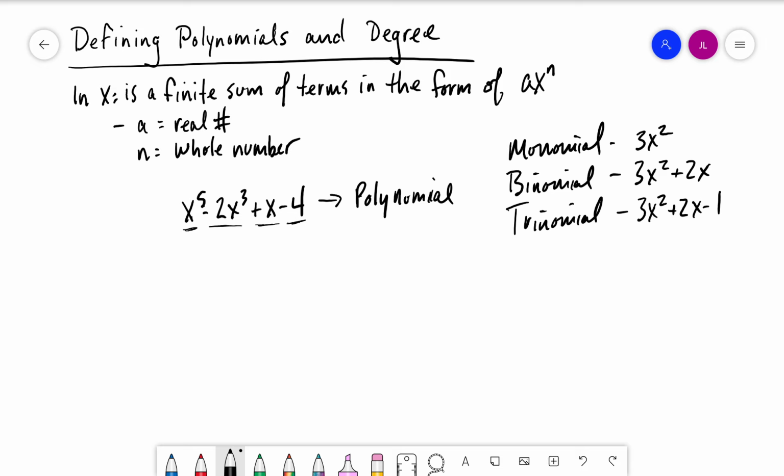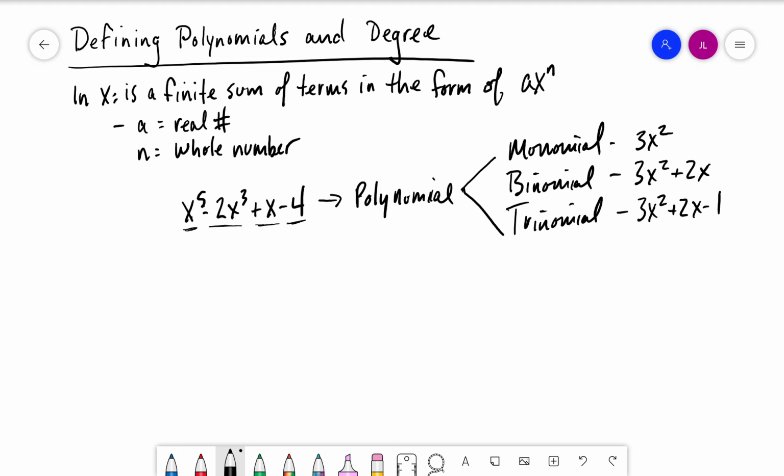That's not to say there aren't any other terms, but a polynomial, by and large, is any of these: monomial, binomial, trinomial, quadnomials with 4 terms. We can have 5, 6, 7, 8, essentially a limitless amount of terms, although it's a finite sum of terms,